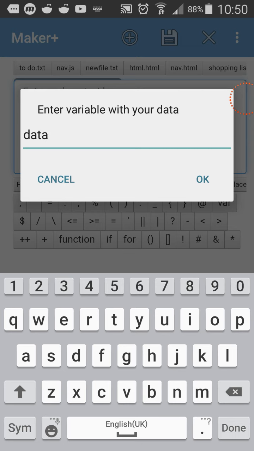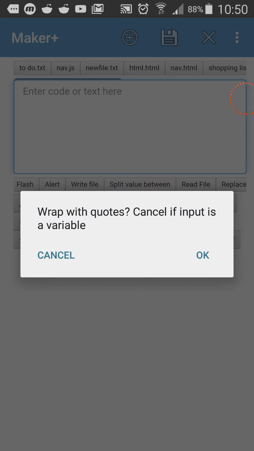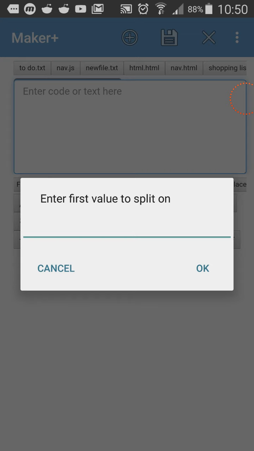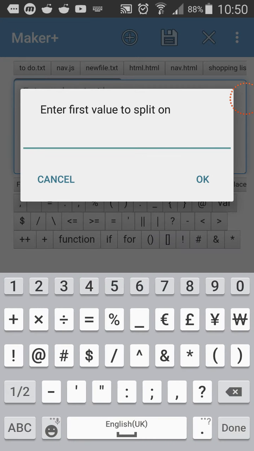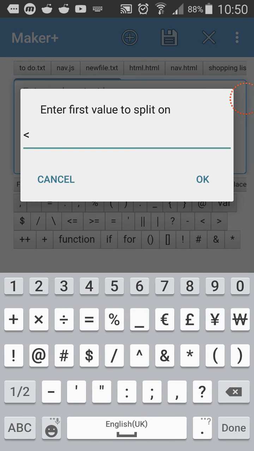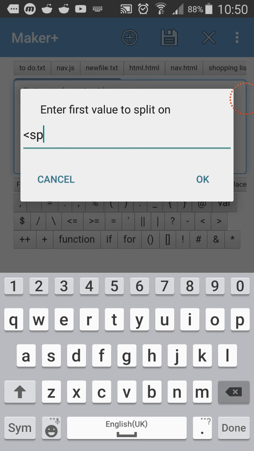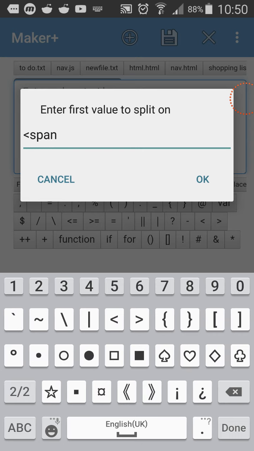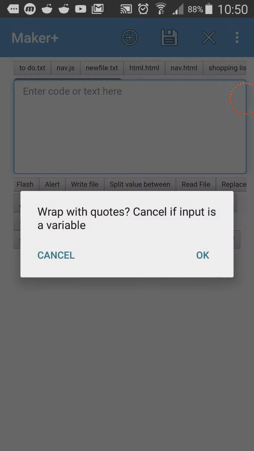So I type in the variable, press OK, and Maker Plus also allows you to automatically add quotes to the text that you've just entered into the guided input. But since that was a variable, I'm going to tap cancel. Now I'm going to type in the first value to split from, span, and then